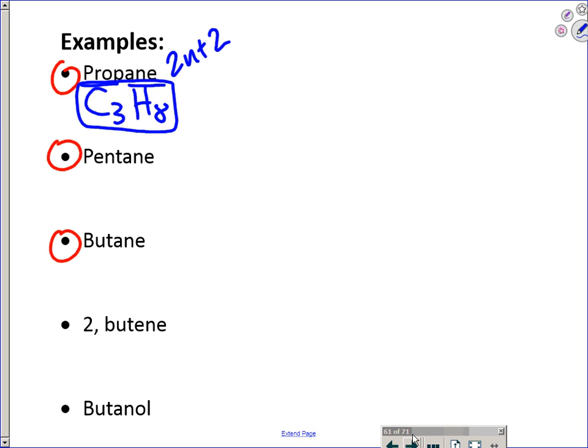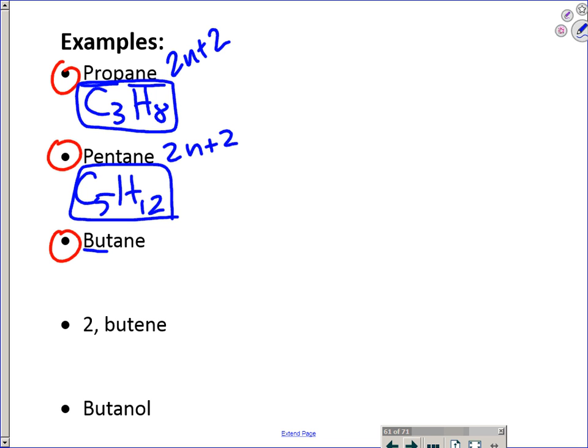Ariane, pentane, the second one, help me out here. Get me started on how you break this down. Good. So 5 is for pent, and then 12 is coming from the adjustment for the hydrogens. And then how do you guys say the last one? Butane. No one says butane, right? It's butane. That's kind of weird. It always makes me giggle when you guys say butane. But Kern, get me started. But means what? 4. So I put C4, and then finish that up.